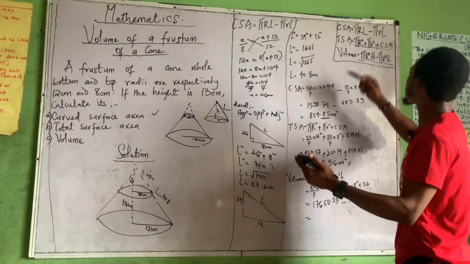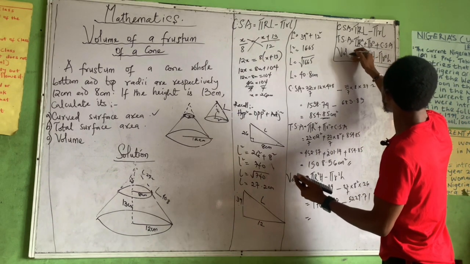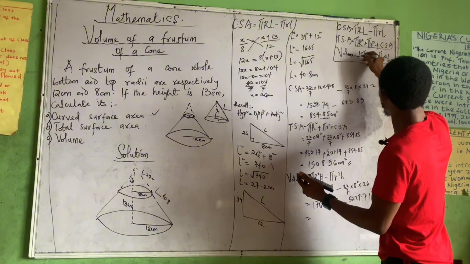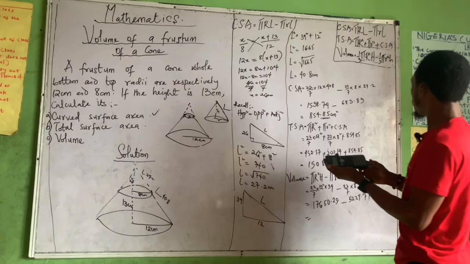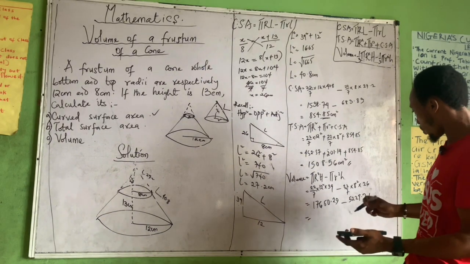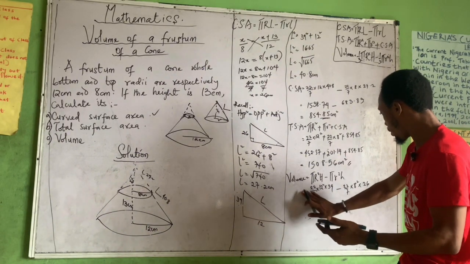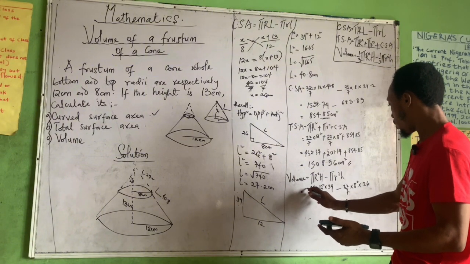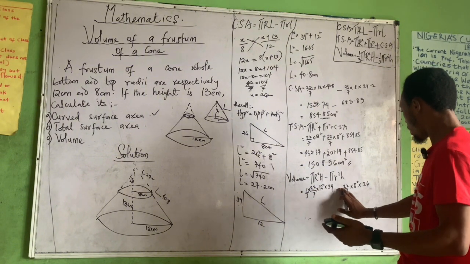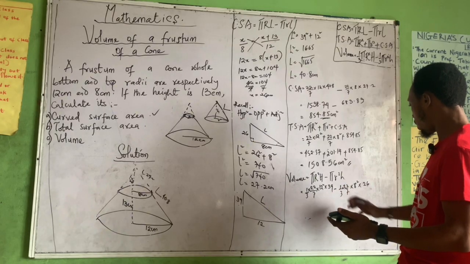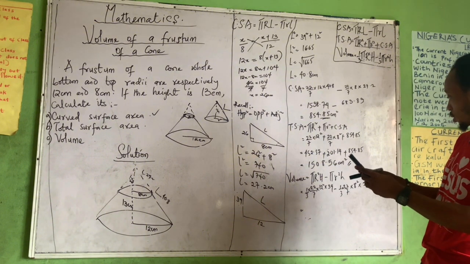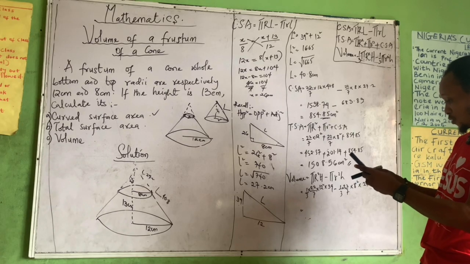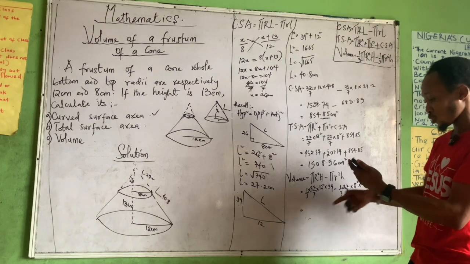Oh, sorry, there was a mistake in the formula. It is 1/3 pi r square h. Yeah, that's the formula for the volume. So it's supposed to be 1/3 here. So that'll be 1/3 times this, and also 1/3 times this. I think that was where the mistake came from. So we have 22 times 12 square times 39 divided by 21. Yeah, 21 because of 7 times 3. That will be